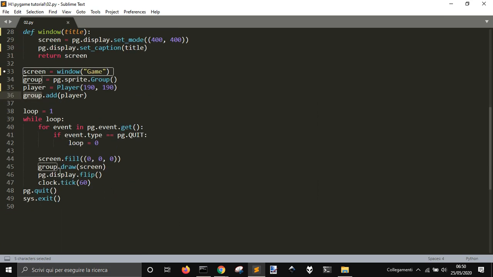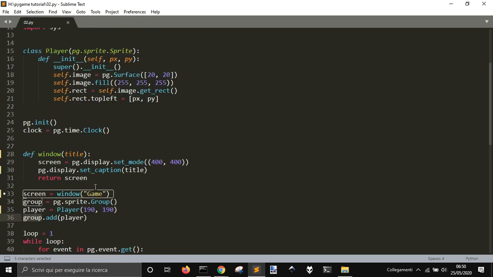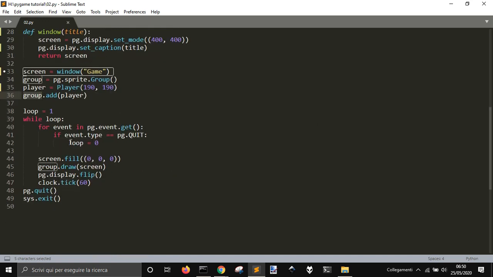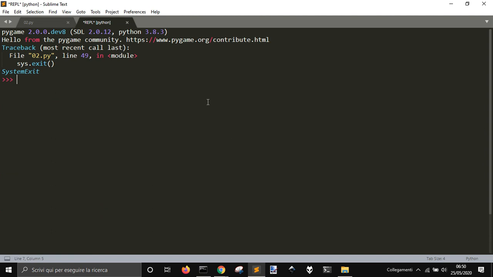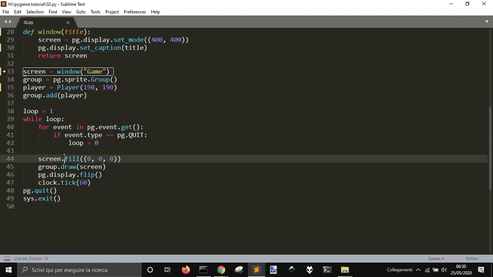group object. So now we don't see anything. To see something on the screen, we just have to make a loop. And so for when we press quit, it means that when we press on this X here it will quit. And then we have screen.fill, it means that the screen is the screen, and we fill it